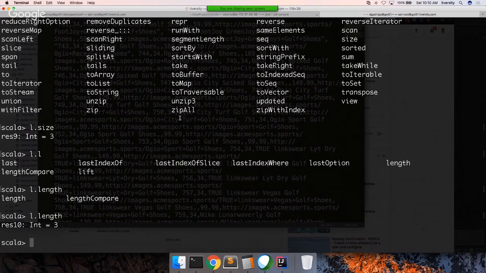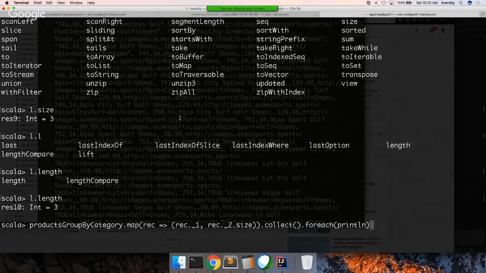So now, map is for each record that will be passed as input after group by key. If you just want to get one record as output, you use map. In the other scenario, where you want to sort the data in descending order by category ID and display it, instead of using map, you have to use flat map. So here you can delete all these things, and I am using flat map. And I don't want to get the key. So instead of displaying it as a tuple, I just want to display the individual record from the value, but sorted in descending order. So what I can do is rec dot